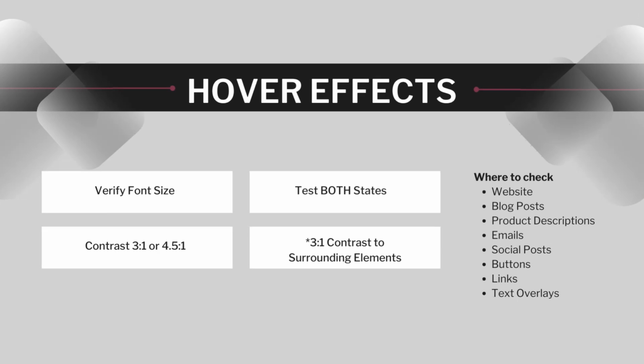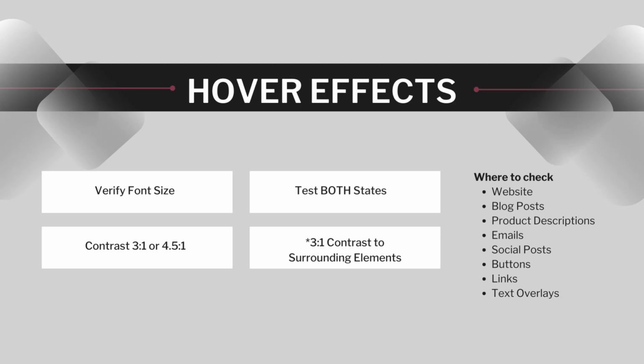Now let's discuss hover effects. This too, like the last one, there could be a hover effect of when you hover over an image, maybe different text pops up or changes color or something. More often we're going to see this in buttons. So when you hover over it, it either inverts the color or completely changes the color. So that's what we're talking about here.